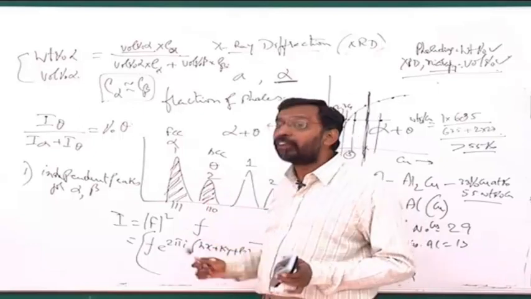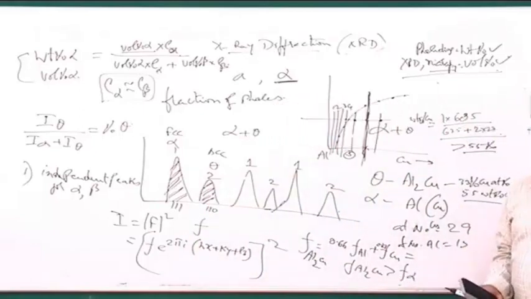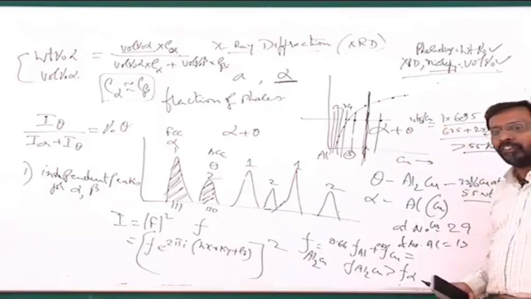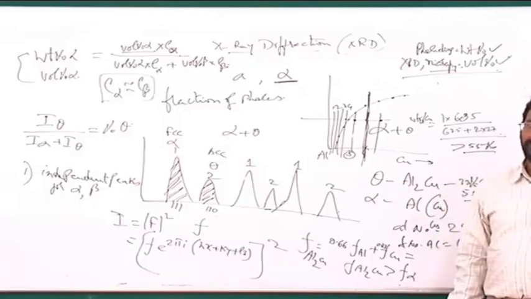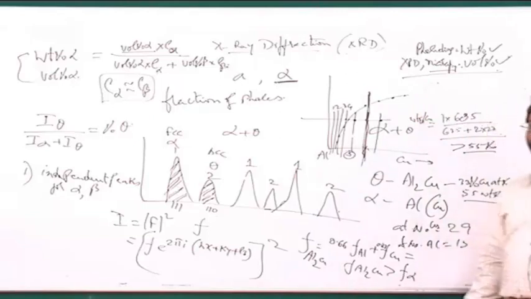And it is very rare to find two phases with the same densities. Even if I take pearlite, pearlite has ferrite and cementite. Ferrite and cementite cannot have the same density. Ferrite is mostly pure iron, and cementite has about 6.67% of carbon in it, and atomic percentage wise it has 25% of carbon in it. So it is not possible.